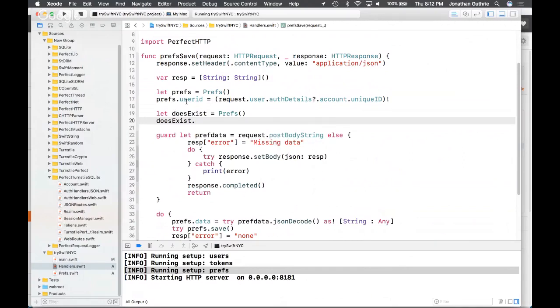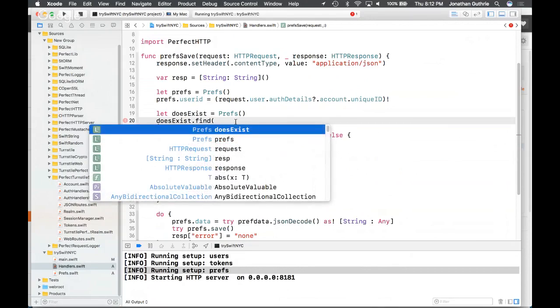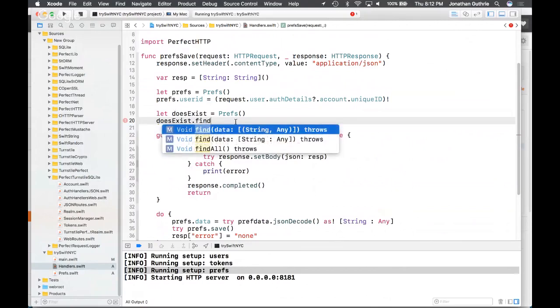Well, actually, I'll do a find, and I'm going to show you the signatures that it has. No, it's a find. Okay.